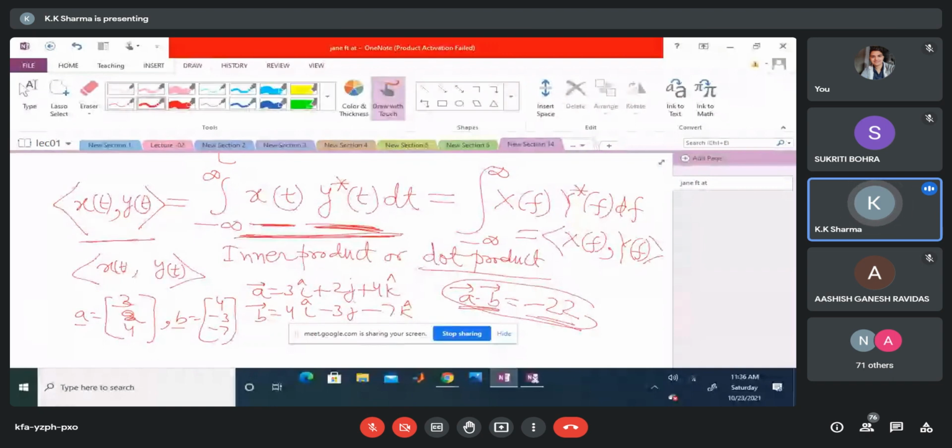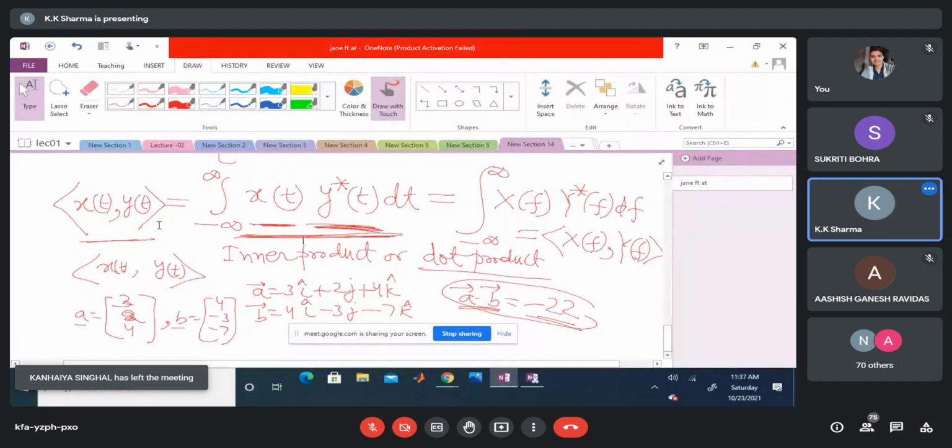You must have studied the dot product of matrices, sorry, vectors. So the dot product of any two vectors is always a number. So here also this x(t) y star indicates conjugation. Say for example e to the power j omega 0 t. In that case the conjugate will be e to the power minus j omega 0 t. j is replaced by minus j, complex conjugate. So whether you compute the inner product in the time domain or in the frequency domain, the inner product will be the same. This property is called the inner product preservation property of the Fourier transform.